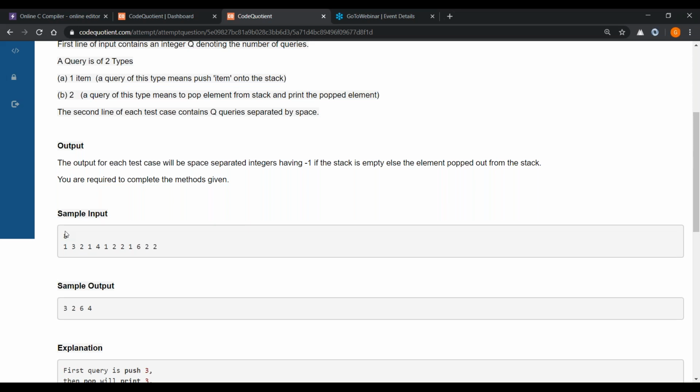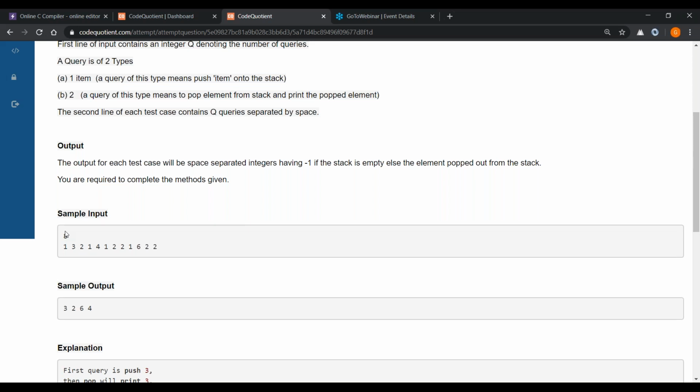Then the next element is 1, 4. 1 means push. So now I am pushing the element 4. Then again we have 1, 2. So we are again adding the element 2 over here. Kindly remember, 1 is for pushing. So we pushed the second element, that is 2. Then I have a 2. That means right now in my stack, which is having 4 and 2, what should happen?